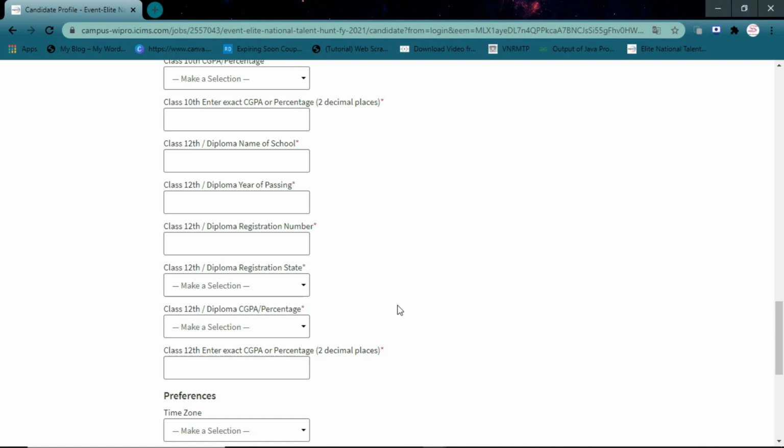After that, enter your 12th or diploma college name, same year of passing, registration number, that is your roll number, state name, and then choose aggregate type, that is CGPA or percentage, and next enter exact CGPA or percentage in 2 decimal places.